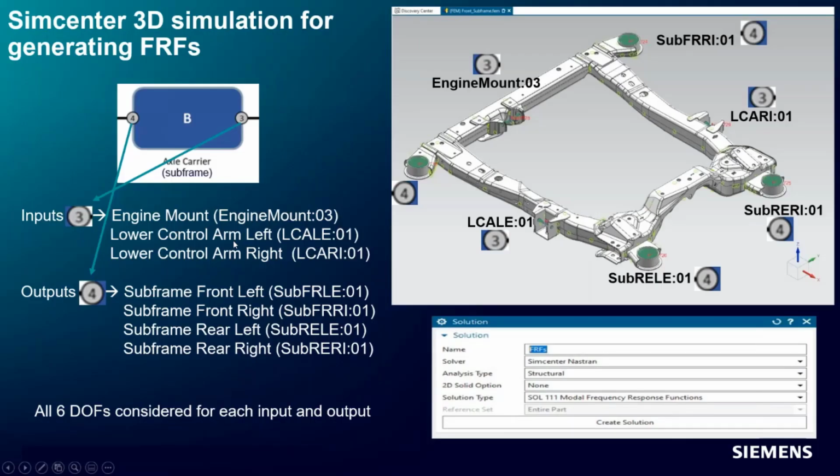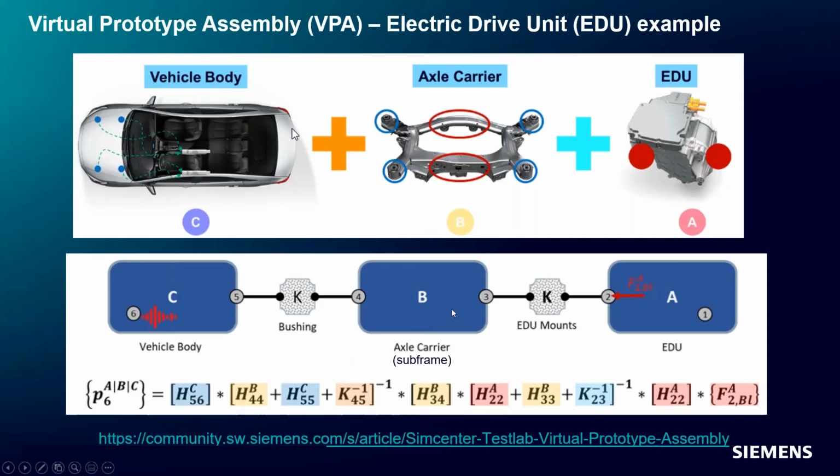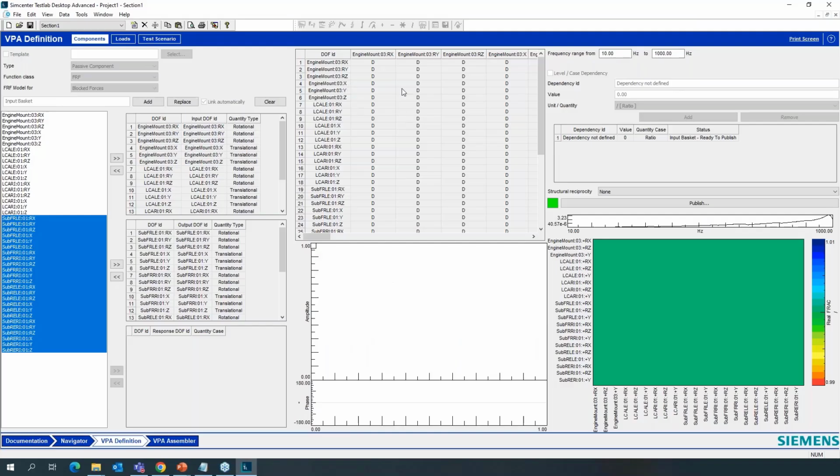So if I go back here and show you this, in this context, we have B, 3, and 4, and these are the 3 inputs and 4 outputs, and each has 6 degrees of freedom. What we need that information for is to do the full TPA. We have this between 3 and 4. We need this matrix of points between 3 and 4, and FRFs corresponding to the 4, 4, like input and output at the same locations, and at the 3, 3.